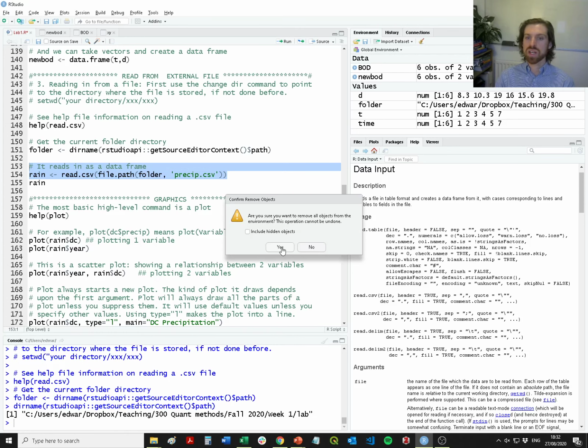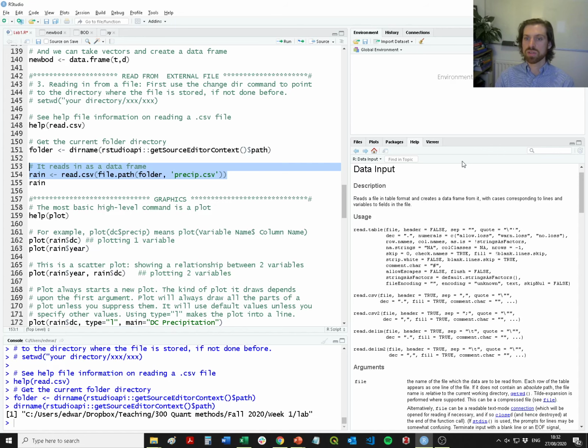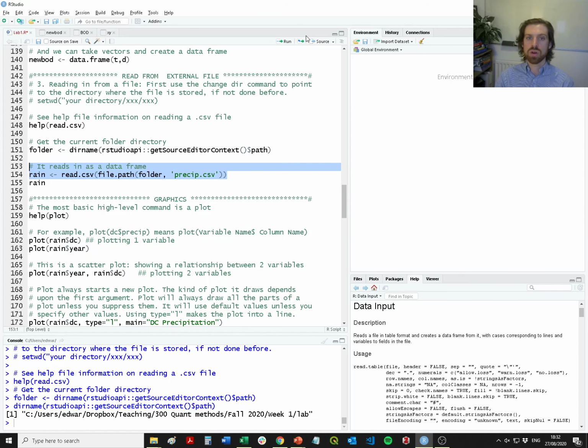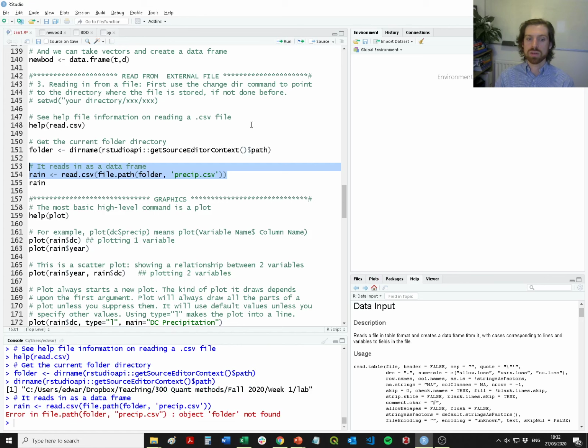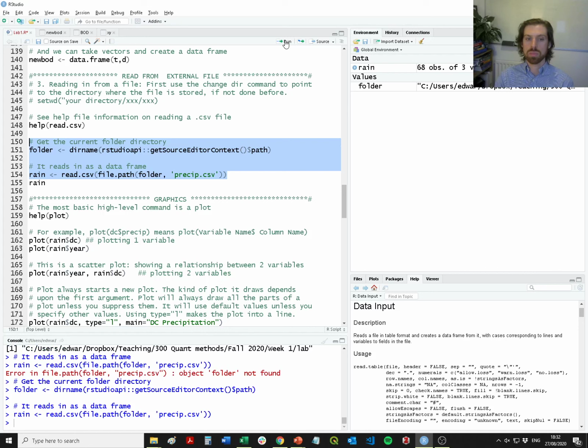But once we enter this, let me just clear the environment so that you can see what's happening fresh. And I run it. Sorry, my bad. I need to collect the folder name first, so it's in the memory, and then I need to read the CSV. There we go. Now we've imported that data as the data frame rain,